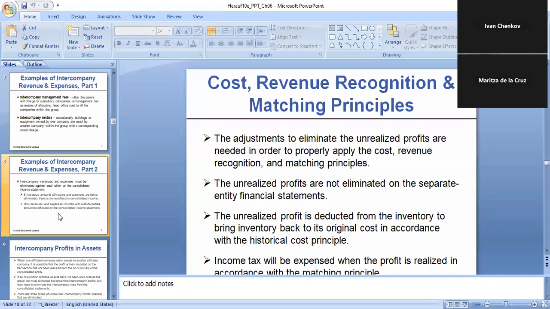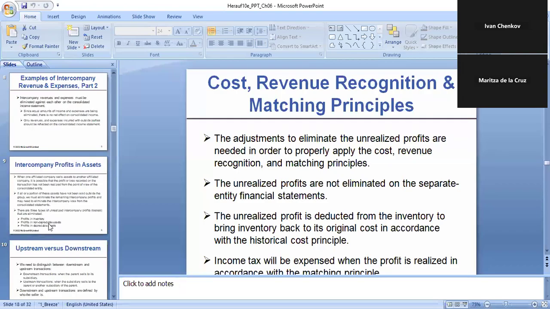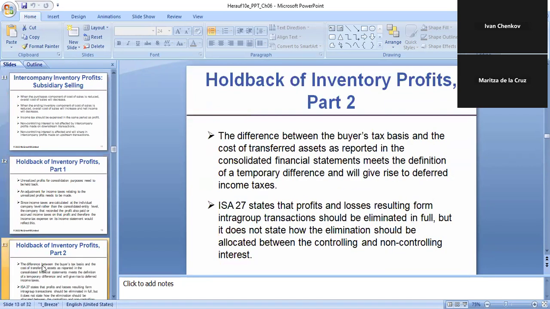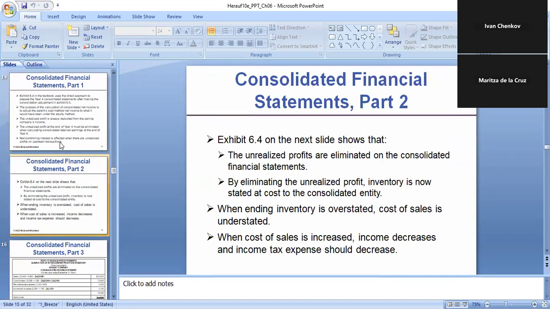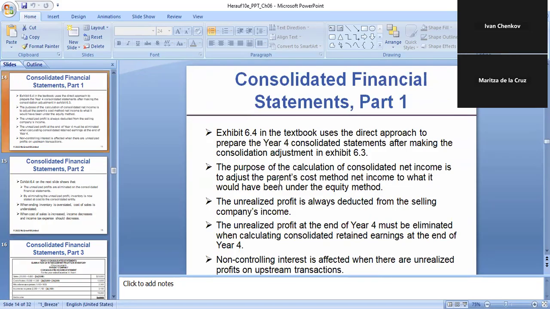Now, the cost revenue recognition, the matching principle, is that adjustments to eliminate the unrealized profits are needed in order to properly apply the cost revenue recognition. Unrealized profit, those are, let me share my screen because you don't see my screen around. So where we were, the explanation started from here, and on the exhibit 6.4, the one that I just showed you from the textbook,